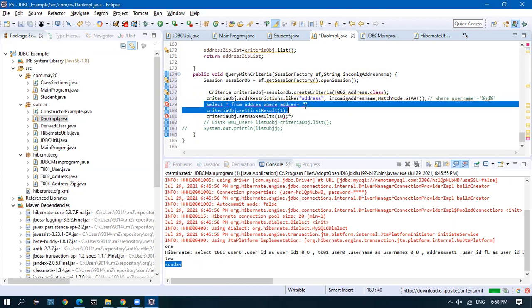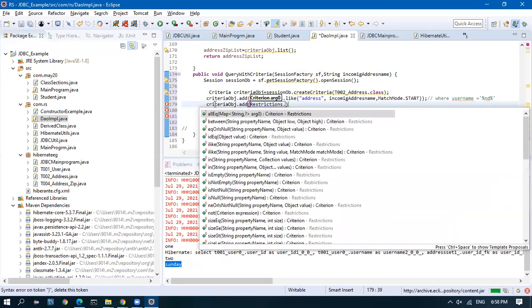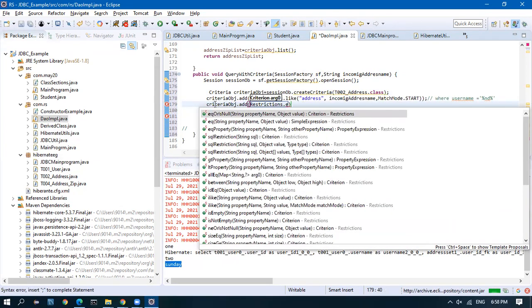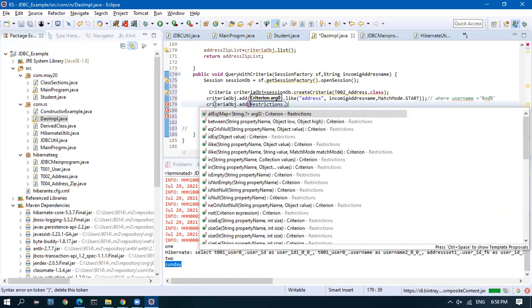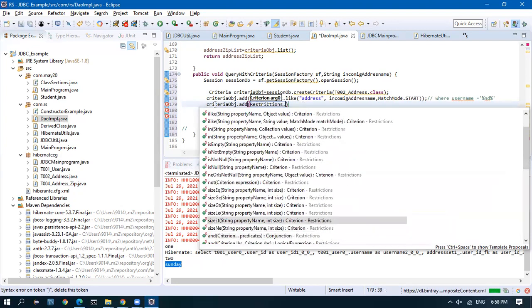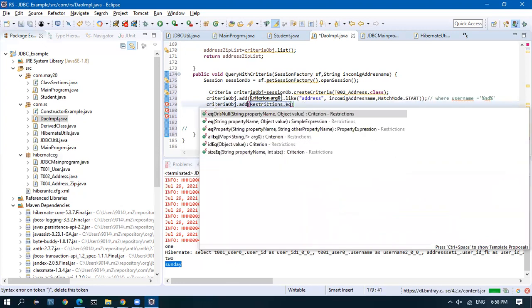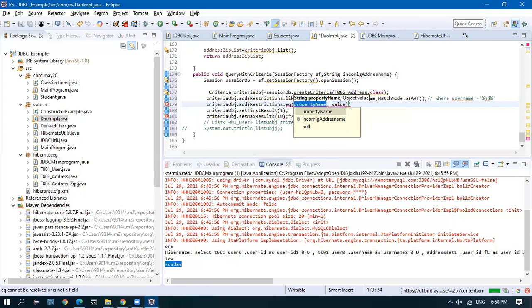So I can add more criteria. I can do criteria object dot add again, with Restrictions, which has so many methods. I can use anything: in, empty, null. Again, you'll know this once you start using it. So I'll give Restrictions dot equal.